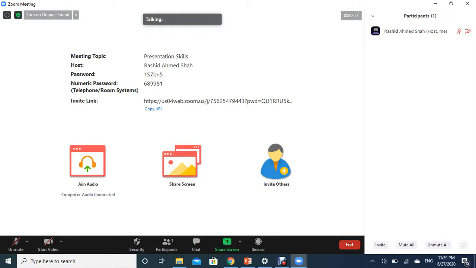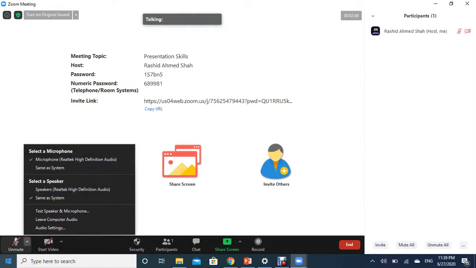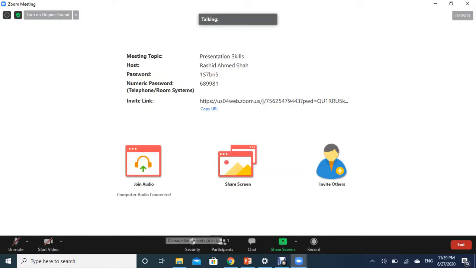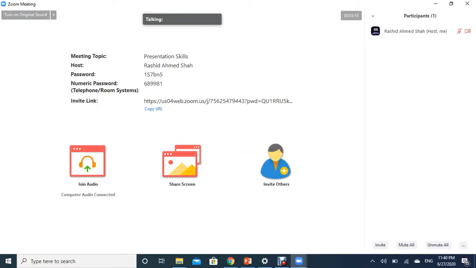Another important thing: whenever you join, it will show one option here. You will have to click on this so that it shows you this option. If you do not click, your voice will not come out, and the participants cannot hear you. If you are not speaking, you need to mute, and if you want to speak, you can unmute here. The teacher can control the participants as well. They can unmute all from here. You can see the options here: mute all, unmute all, and these are the participants, suppose.